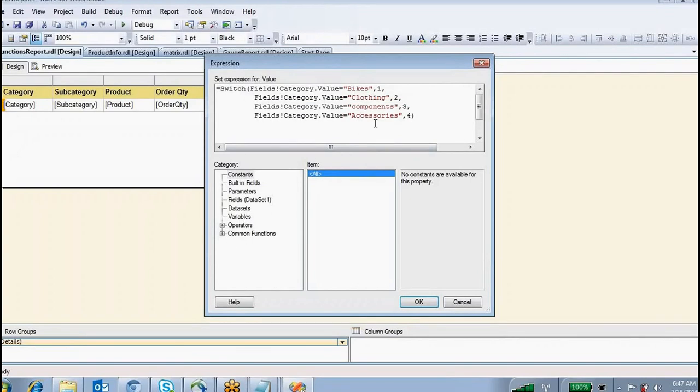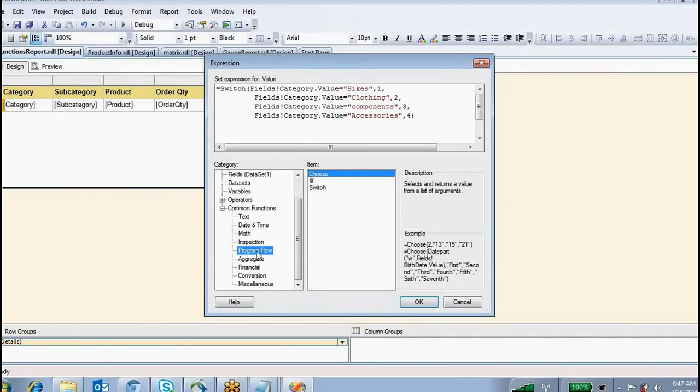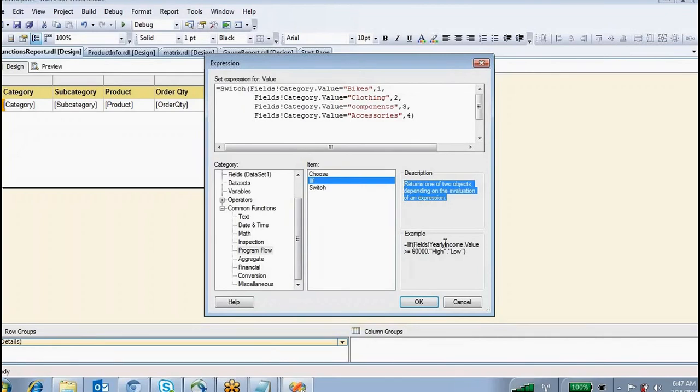So instead of using this switch function, if I'm going to use the IIF function, this IIF function we have already used, right? For example, see, what is this? Returning one of two objects depending on the evaluation of the expression. Here, if you see the example of IIF, this is the column, yearly income greater than 60,000.